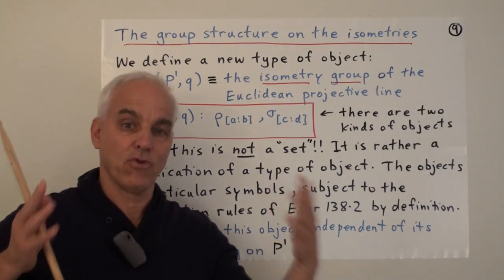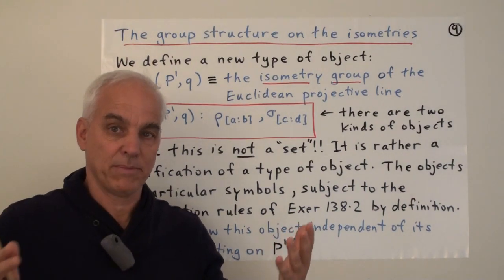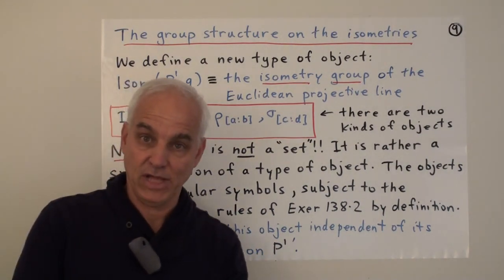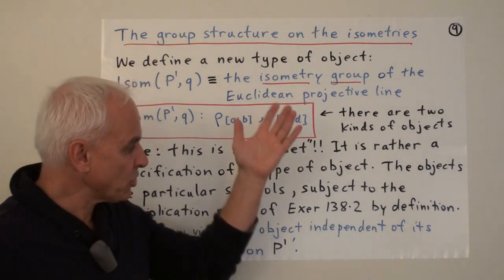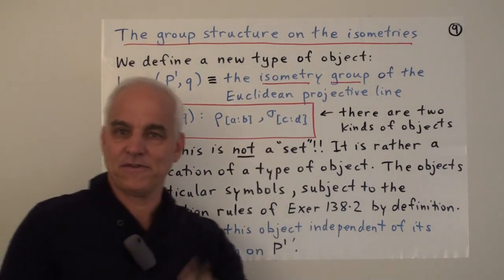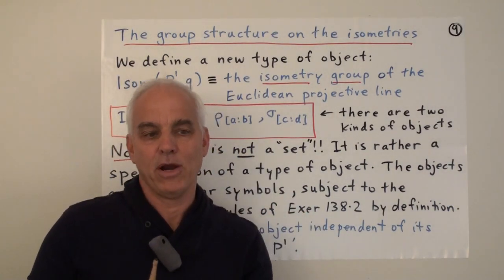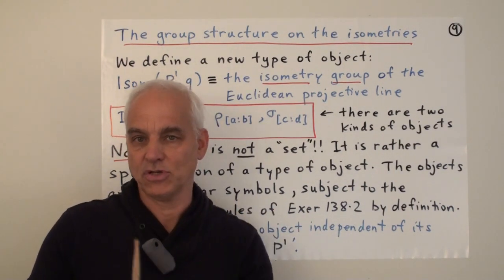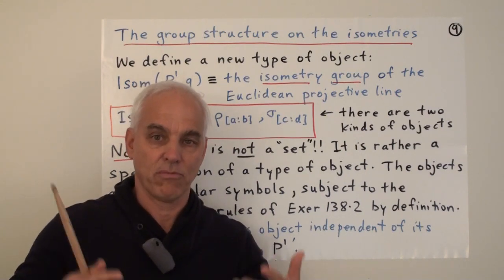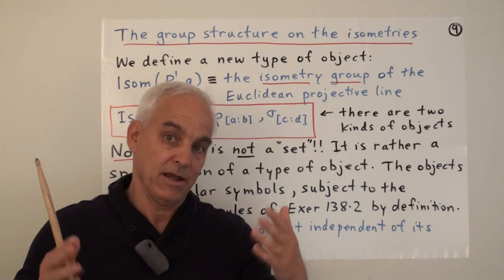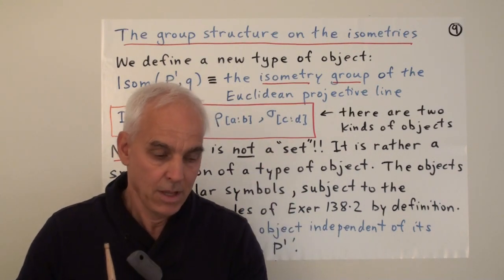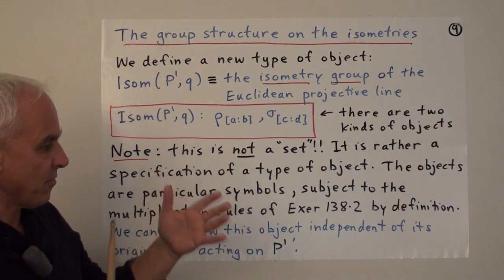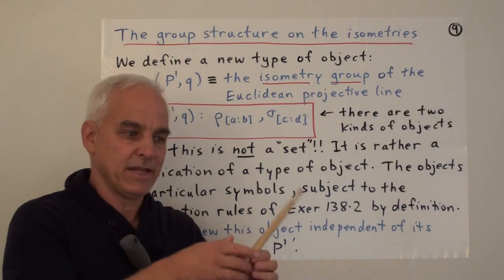This is a kind of an abstract group. We could write down an abstract multiplication table in principle, at least if we had only a small number of reflections and rotations. All right, so this notion of a group is a very important one. This is the first group really that we're meeting, where we have a multiplication, and we have an identity, and we have inverses, and we have associativity. Those are really the crucial properties that make it what's called a group. Okay, so this is quite interesting, and it's sort of the basic building block for understanding the basic isometries of a one-dimensional projective situation.